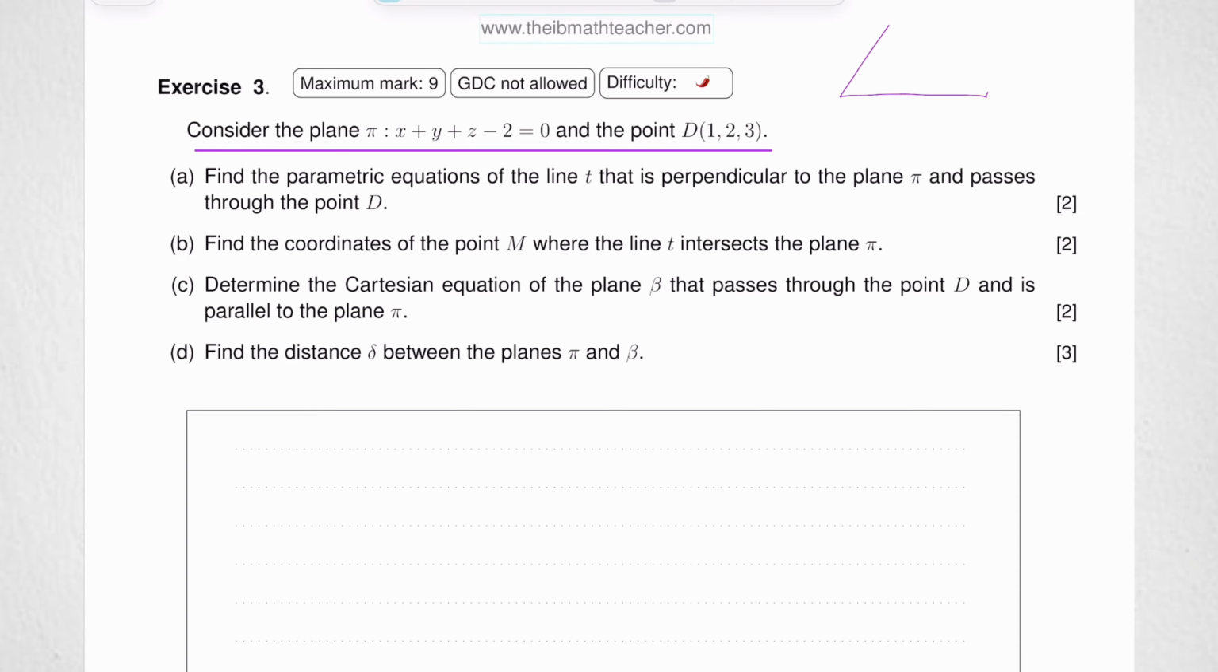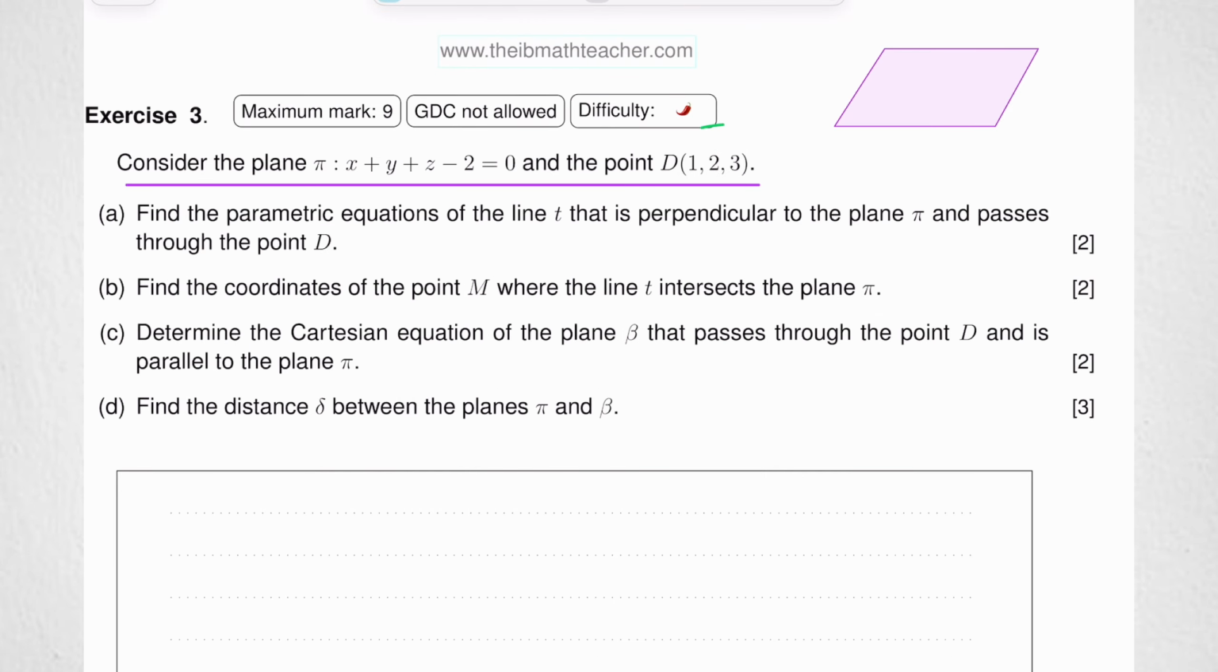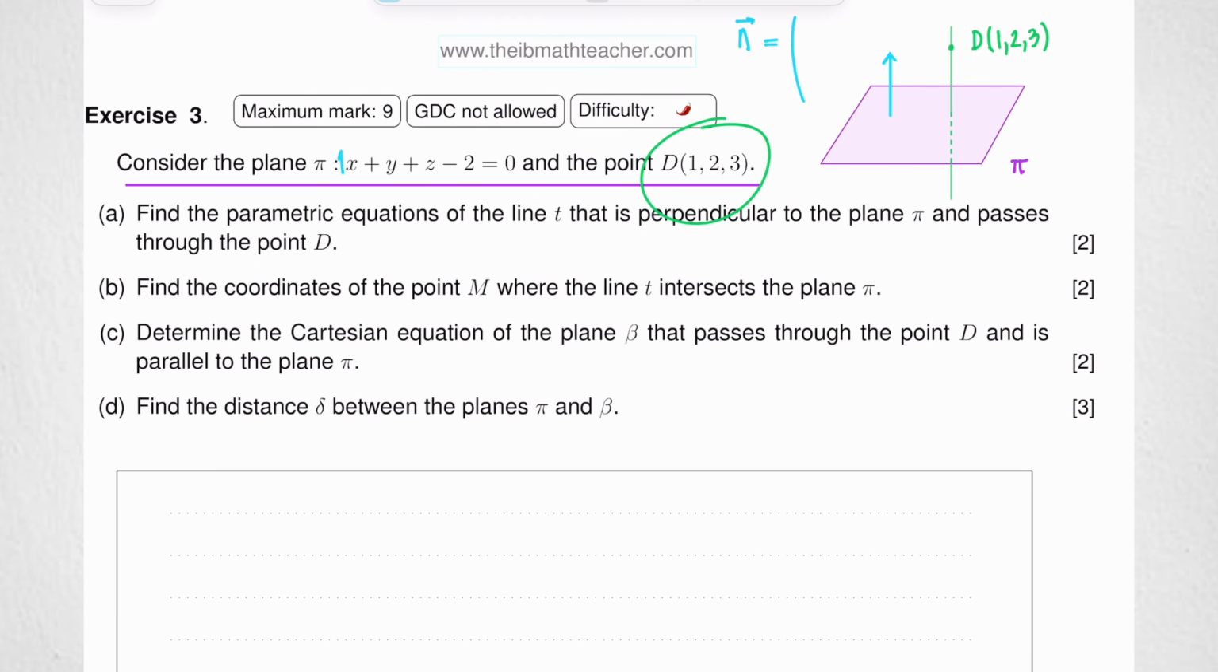We can sketch the plane over here, and we can place this point D over here. So this is pi, and this is D. Now we need to find the parametric equations of the line T that is perpendicular to the plane and passes through the point D. Now, given that the normal vector of this plane, which can be found in the coefficients of x, y, and z over here, is also the direction vector of this line T,